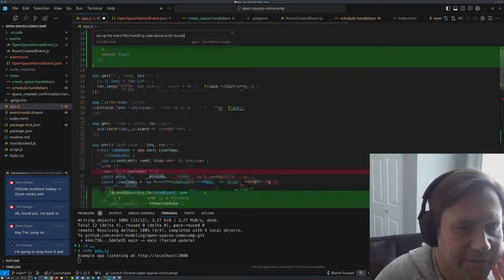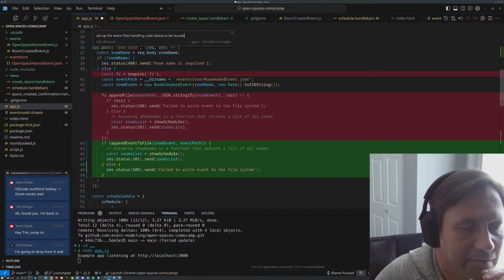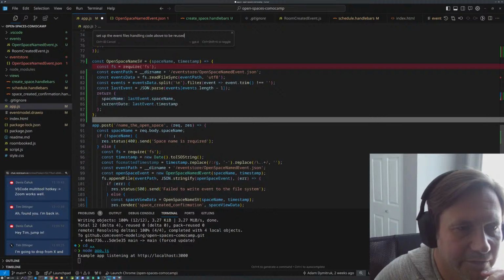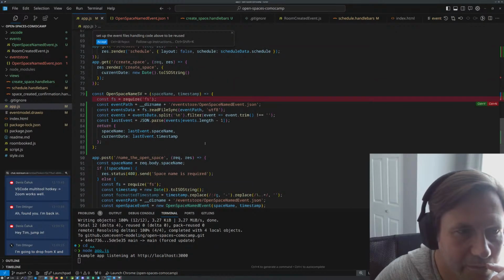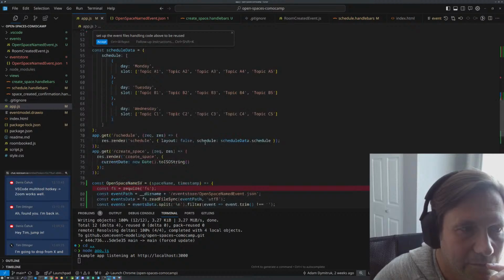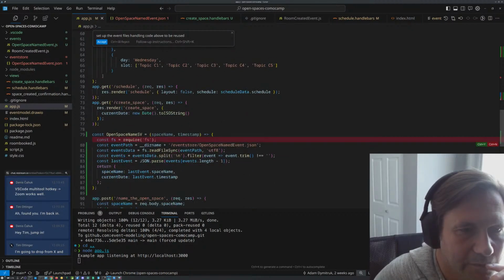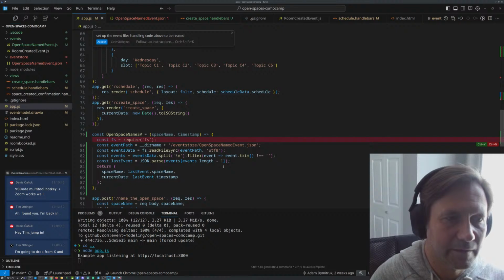That's fine. Okay, so that's kind of reusing it. I want it to really see it, get rid of some of this other stuff. So that sort of did it, but we still have event path name.